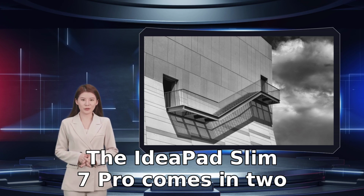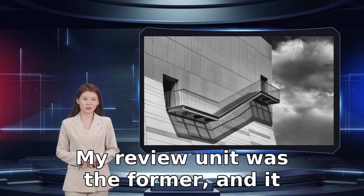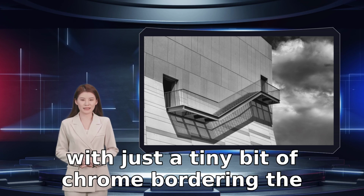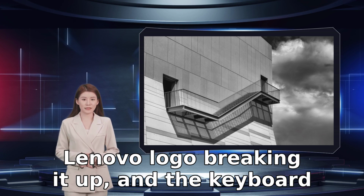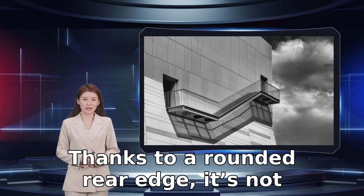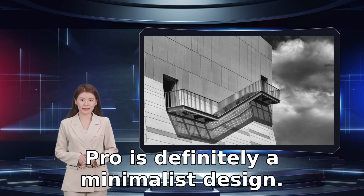The IdeaPad Slim 7 Pro comes in two colors, cloud gray and storm gray. My review unit was the former, and it looked a lot like a blown-up version of the IdeaPad Slim 7 Carbon that I just reviewed. There's little in the way of bling, with just a tiny bit of chrome bordering the touchpad. The lid is a solid color with only the Lenovo logo breaking it up, and the keyboard deck is simple, with just a speaker grill above the keyboard adding some detail. Thanks to a rounded rear edge, it's not just a simple wedge, but the IdeaPad Slim 7 Pro is definitely